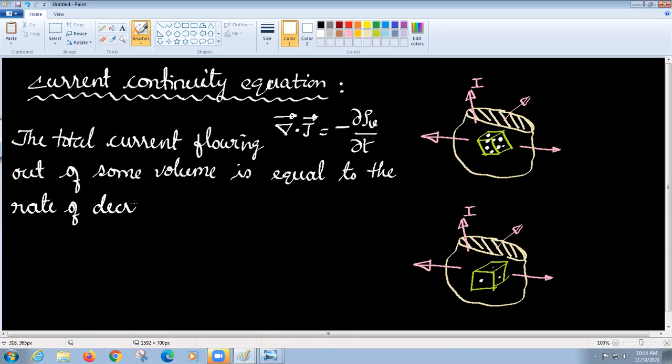is equal to the rate of decrease of charge